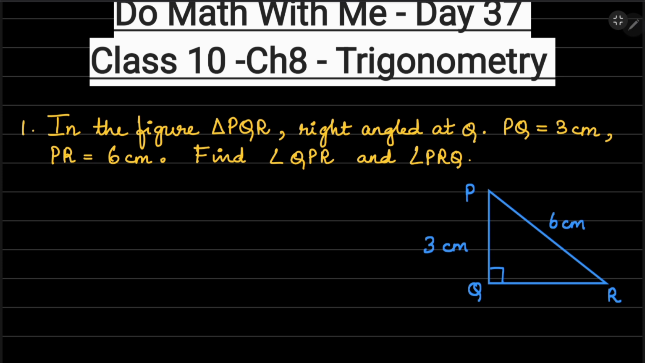You are not given the QR length, which you can find using Pythagoras theorem. That will be the first thing that you do. And then you have to find angle QPR and angle PRQ, the other two angles. So before finding the other two angles, let us find out the length of QR. So by Pythagoras theorem,